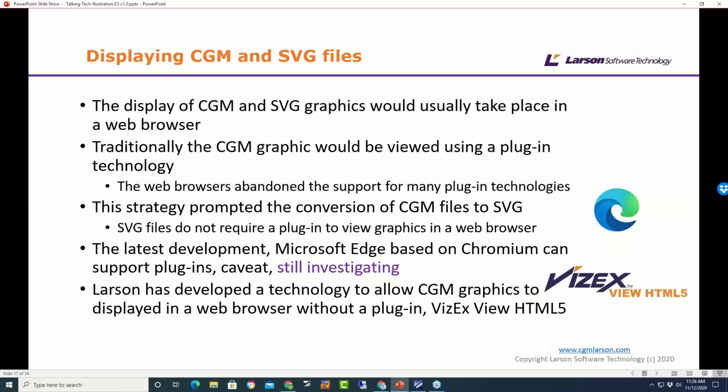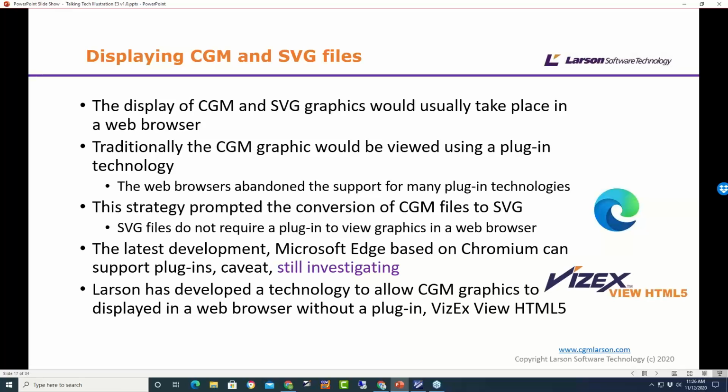And as mentioned earlier, SVG doesn't require that plugin. But what we found recently is that with Edge, there was a pullback, and Edge now is based on Chromium, and they're actually still supporting plugins. But you have to turn something on within the software to enable that to happen.